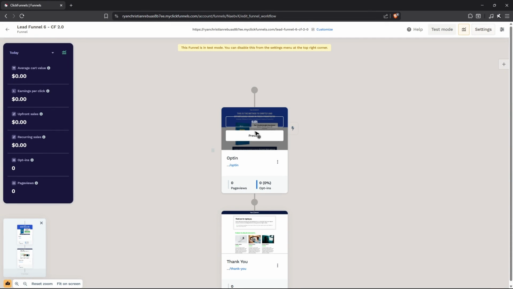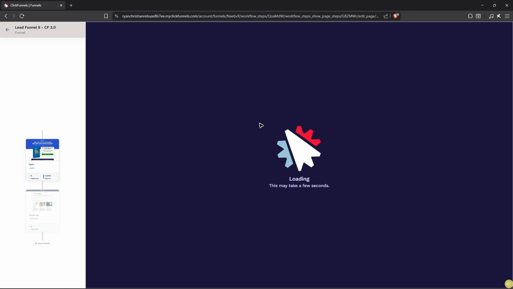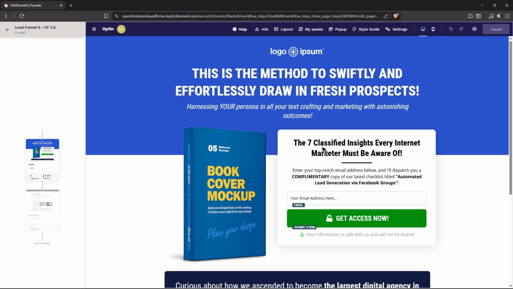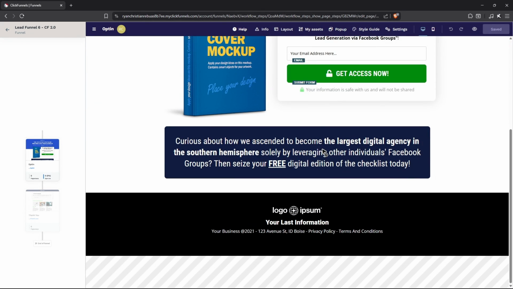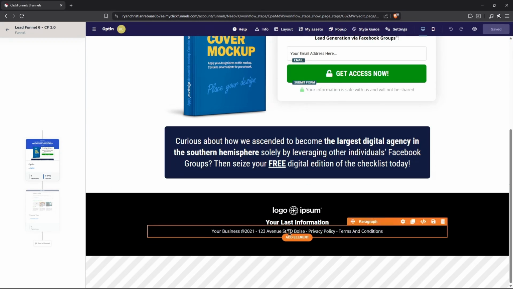For example, under opt-in, I'm going to go ahead and edit it. And then usually at the very bottom, we have privacy policy, conditions, and terms. Okay, like this. Okay, so what we're going to do to add in a link right here under privacy policy